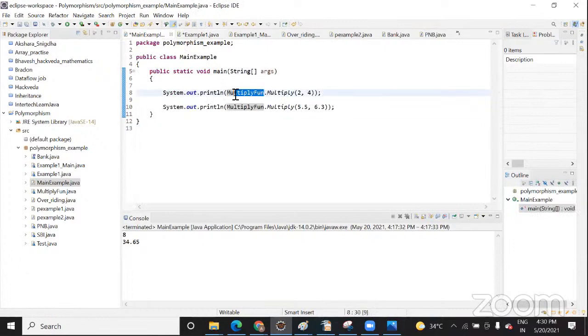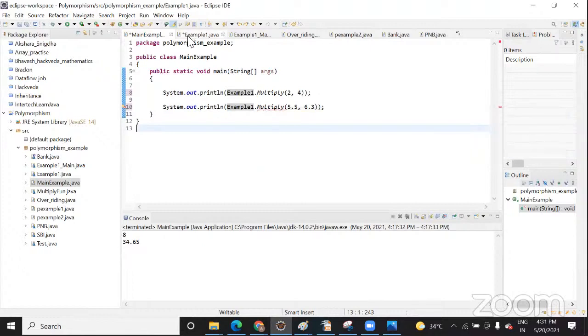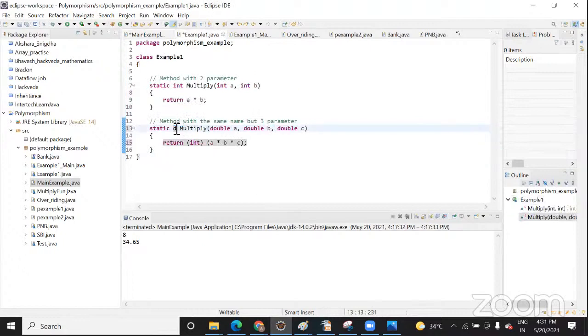So now you can write example one. Change the method multiply to int. You need to change that multiply above. Double, double. Create a method multiply double in the type example one. So in example one, you also need to change that above one. Yes, int in the above one also.